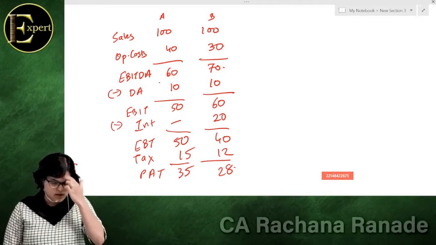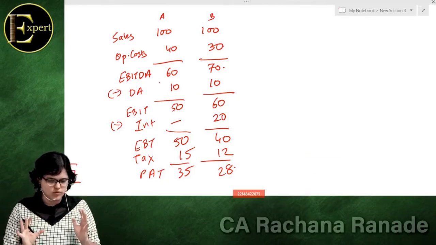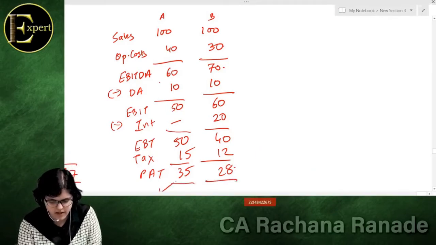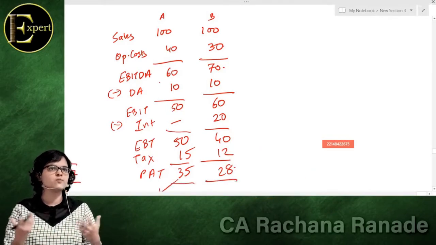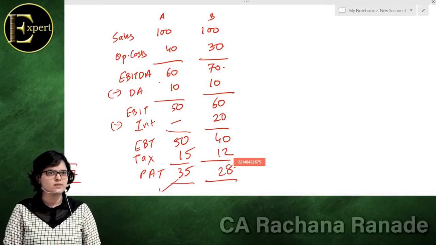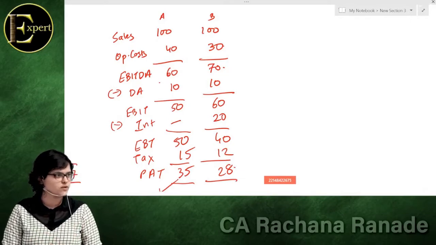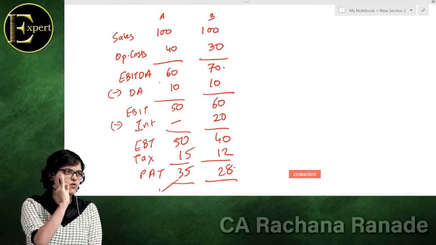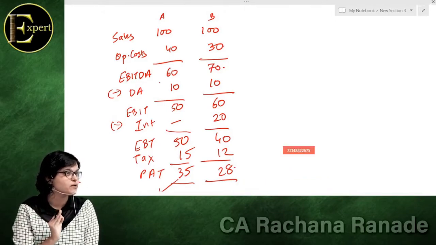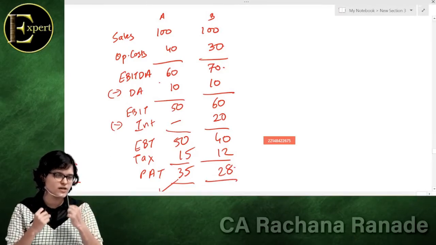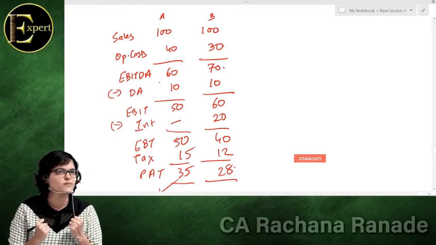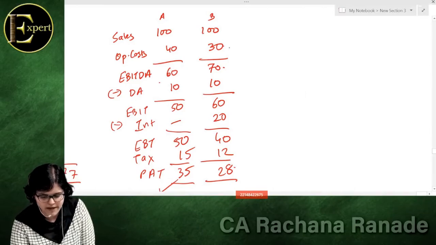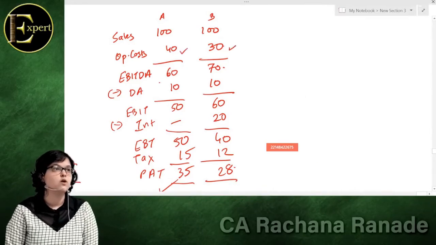Now let us understand. For a layman, if you have not done a lot of financial analysis, A will be better. Why? A has more profit, that is why A is better. For any person who has not done financial analysis to a good level, A would ideally be better. But wait, understand. What is the important measure of the managing function of the company? How are they managing their business? How are they controlling their basic costs? What is the important figure? That is operating profit. See, for B, operating cost is 30 and for A, operating cost is 40.